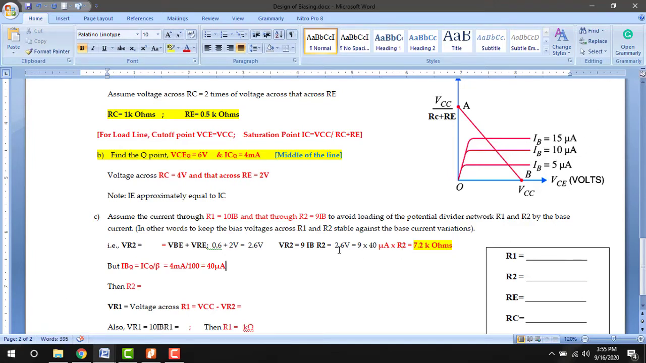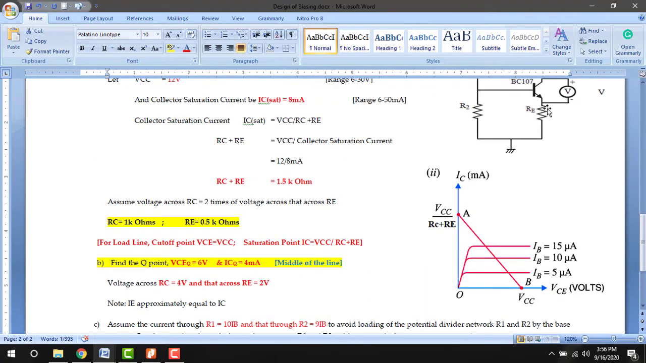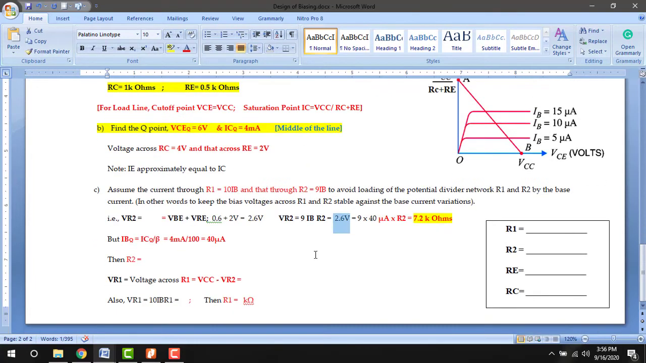So this is R2. We arrived at 2.6 volt: it is 0.6 plus the voltage drop across RE, which is 2 volt. Then we assumed the voltage drop is equal to 9 times IB into R2. It is Ohm's law: 9 IB is the current, R2 is our resistance value, and current into resistance is equal to voltage. So from 9 IB, 40 microamps, we get the resistance value R2. Then finally we are going to calculate the